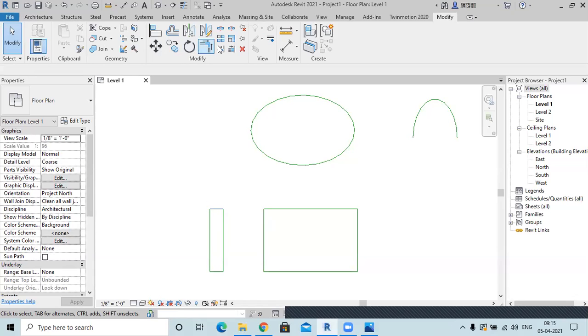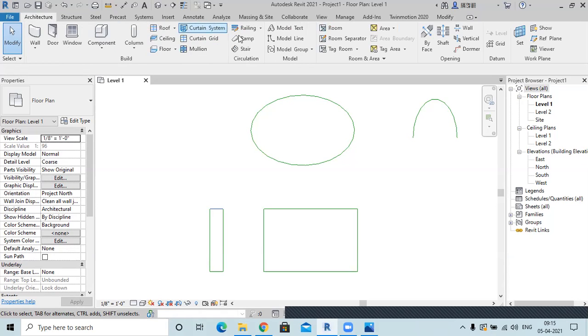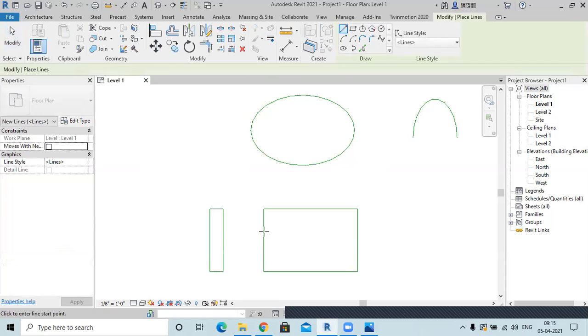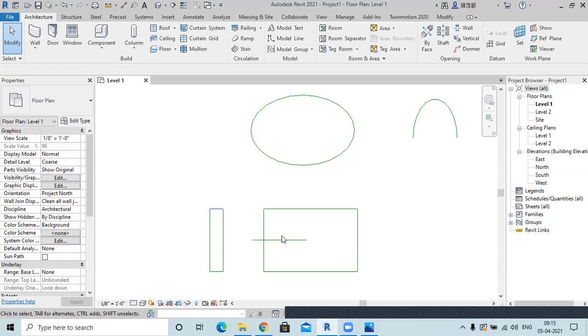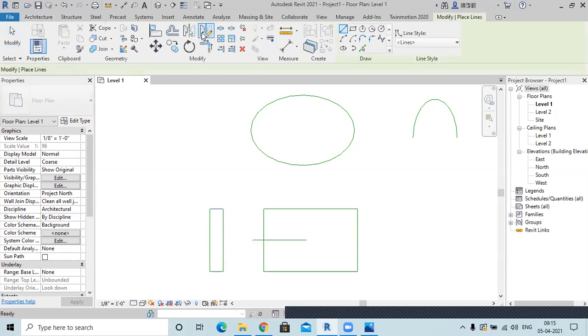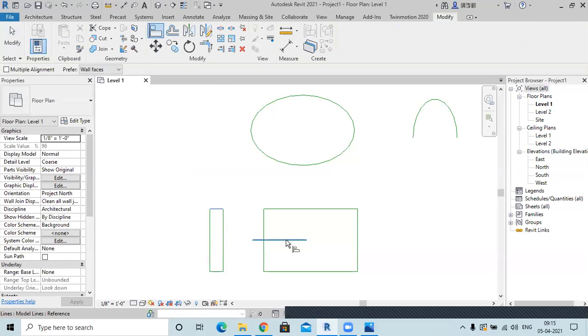Now if I create a line somewhere in the middle, maybe here, and I want this line to be aligned only to this line, I can again select the align tool. This is my first line, because this is the base point I want to change its line reference to, and then select this.